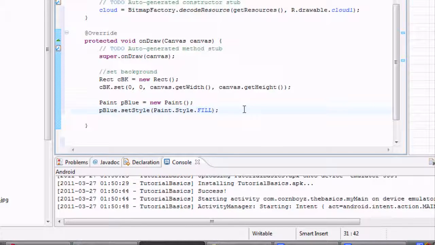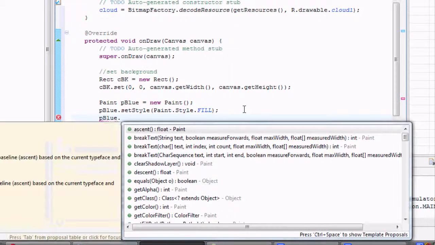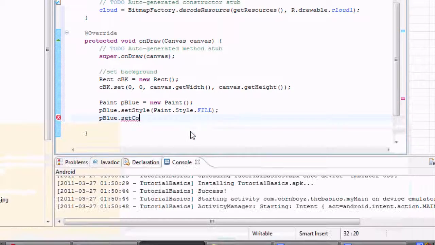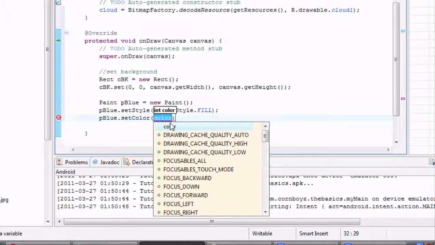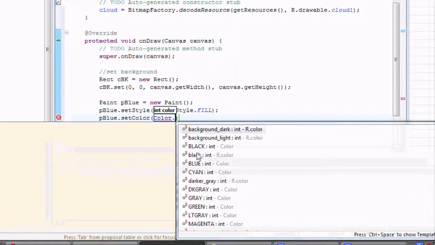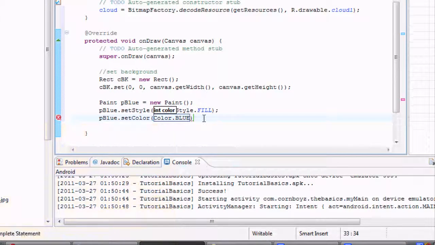And now what we have to do is we also want to set what color it is. So we're going to say p.blue set color, and again we can look through the Color class and see what colors they have available. We're just going to use blue, and then